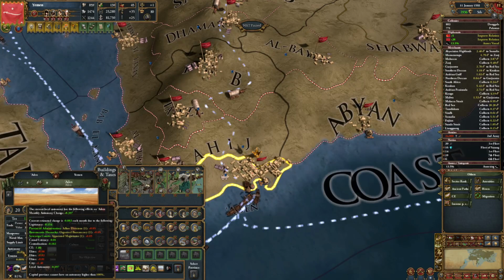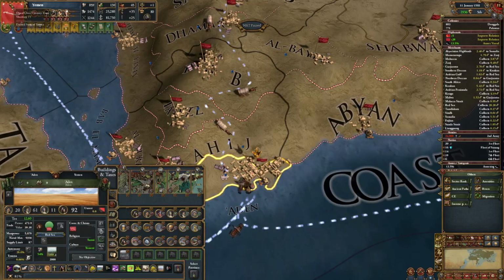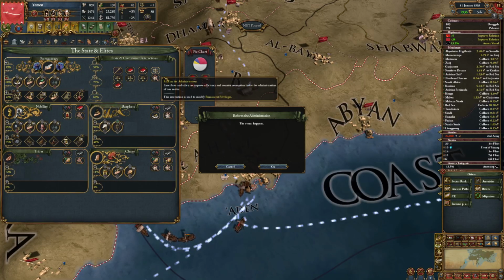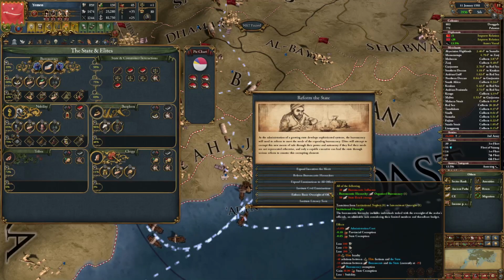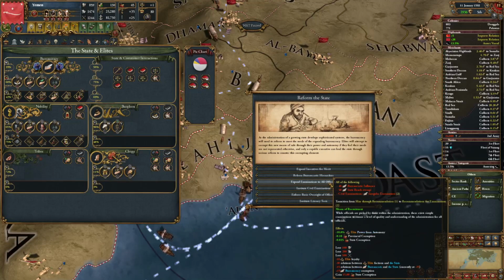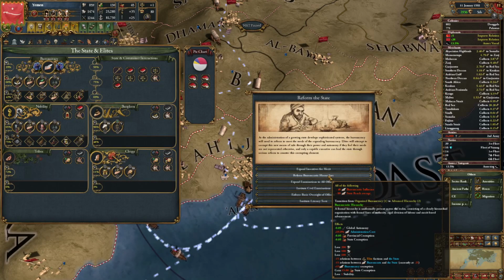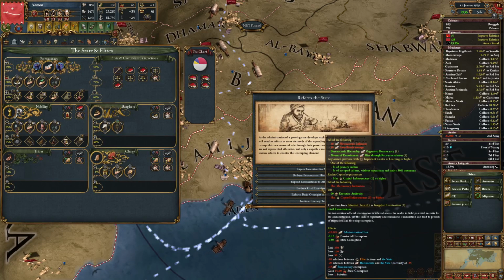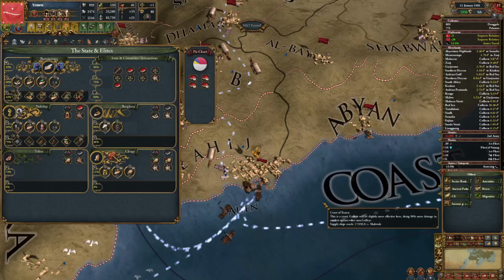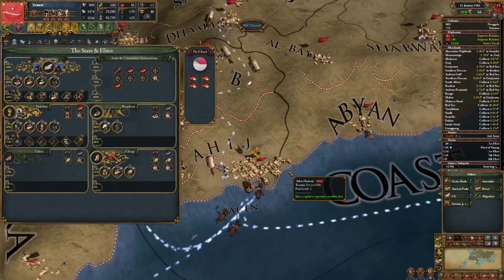First of all, what we already know is legitimacy has an impact on local autonomy, but also the bureaucratic administration of the realm has an impact. So basically there are reforms in here, when we reform our administration, which provide autonomy reduction. Let's find one. This one, for example, the bureaucratic hierarchy is reducing global autonomy when we do this reform. That's one way of reducing autonomy globally in every province you have.